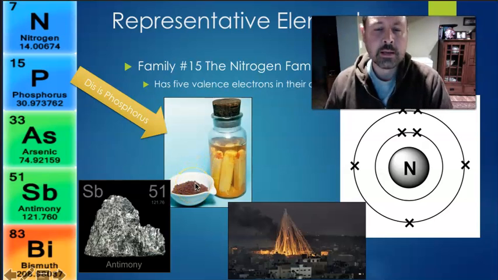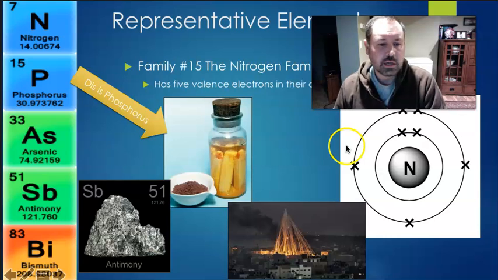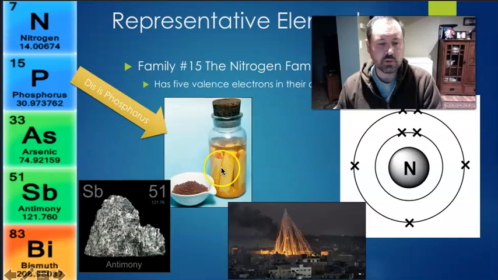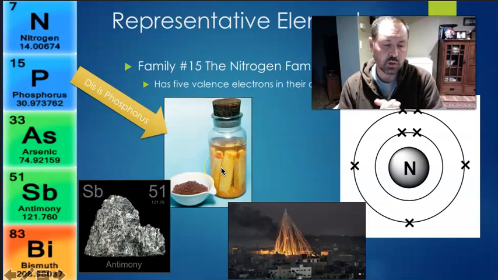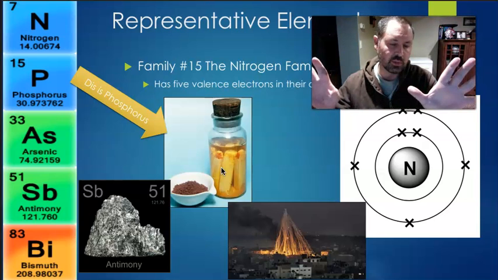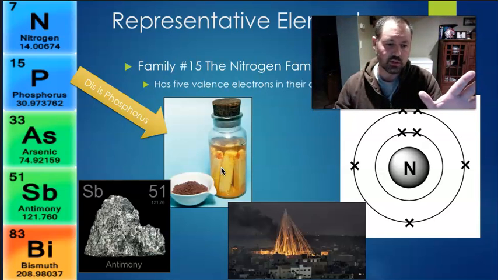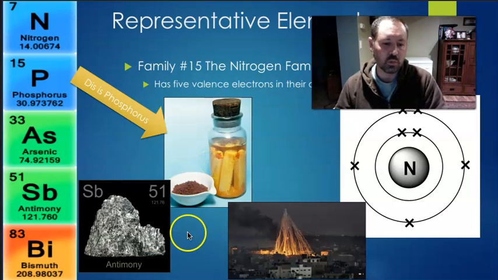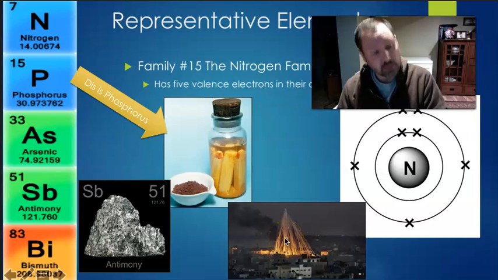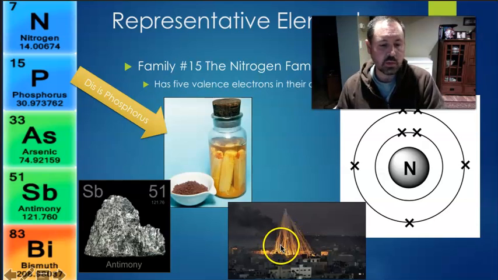White phosphorus is used, or it was used in grenades and used in warfare. White phosphorus, when exposed to air, immediately catches on fire. And in Vietnam, World War II, and things like that, there was grenades even used by the United States that were white phosphorus. As soon as it explodes, anything that it touches immediately bursts into flames. It's now illegal to use in warfare, but it is still being used in the Middle East, even though it's illegal to use. One of the reasons why it's illegal is because